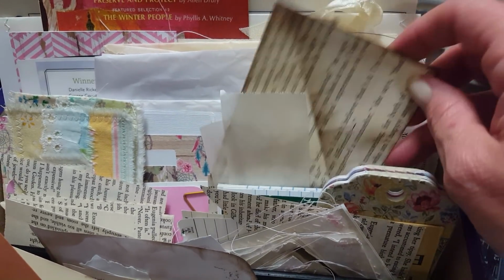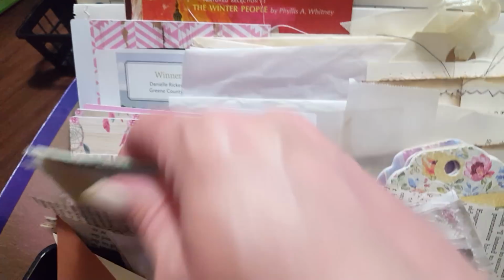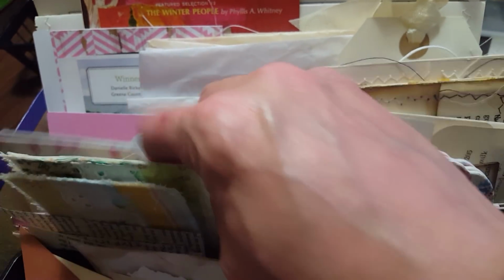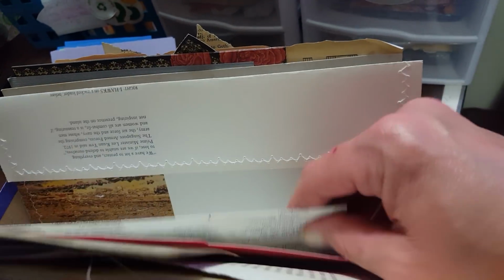Little pockets that are ready to be decorated. Envelopes that are ready to be decorated. You know, just kind of little things like, and that's my Kristen pockets, which I'm super excited to use. These are little file folders that'll probably go into my niece's journal. So this is just kind of a little conglomeration of stuff that I can flip through and go, these are